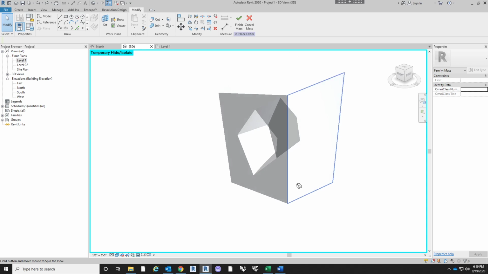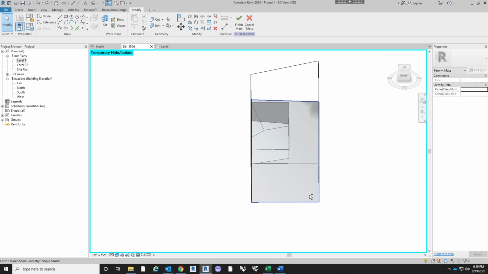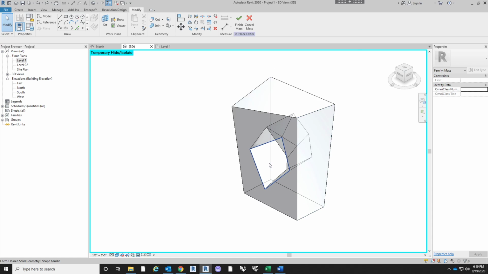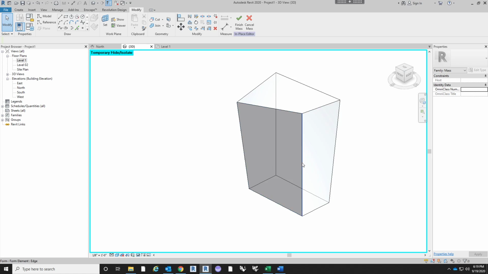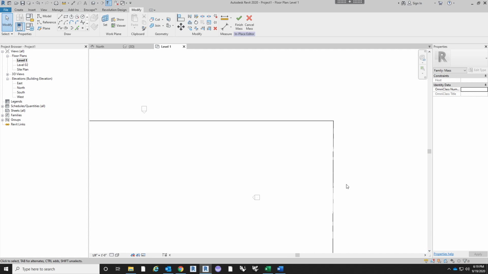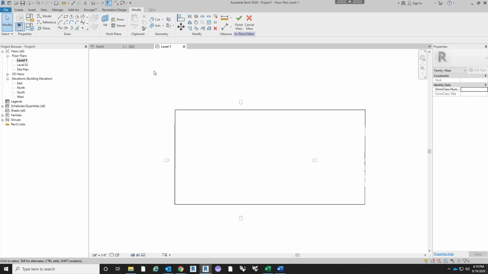And a reference plane, let's go in and delete this void for right now. Let's undo. You can either undo all the way back, or you can just tab through, select it, and delete it. So to create a reference plane, if you go back to the level 1, zoom out, up at the